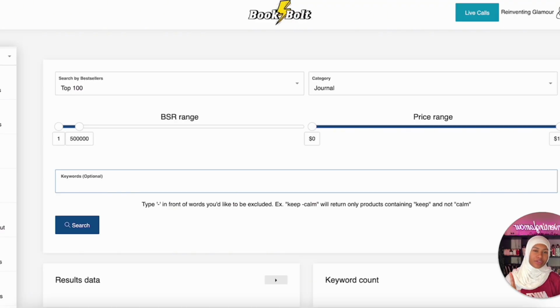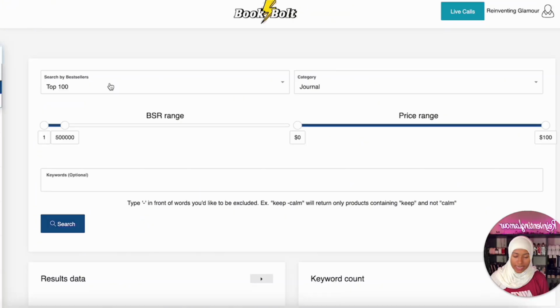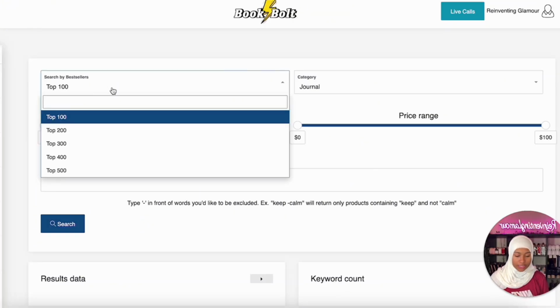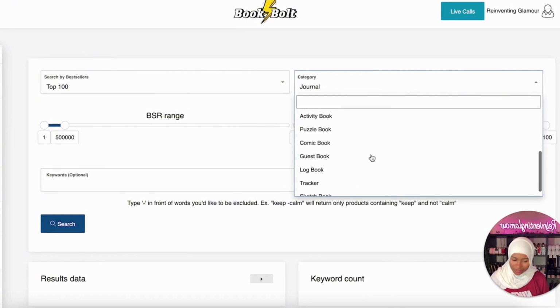So the first step for you guys to get started is research. BookBolt has a research tool which you will find right here. You see how it says research and then they have create. So we're going to do research, and you can see they say search by bestsellers top 100 category. So this is when you're choosing what kind of book you even want to make. Do you want to make a notebook, a journal, music sheets, calendar, planner, coloring book, activity, puzzle, comic,